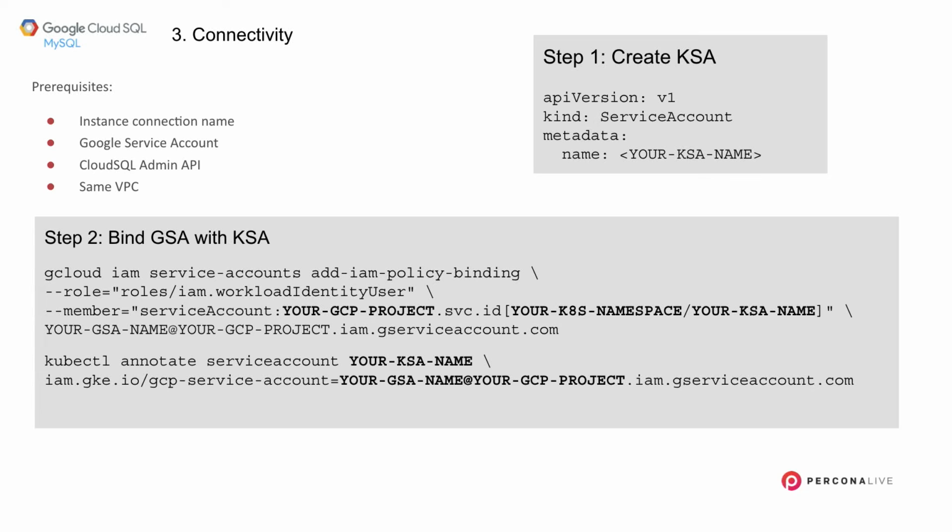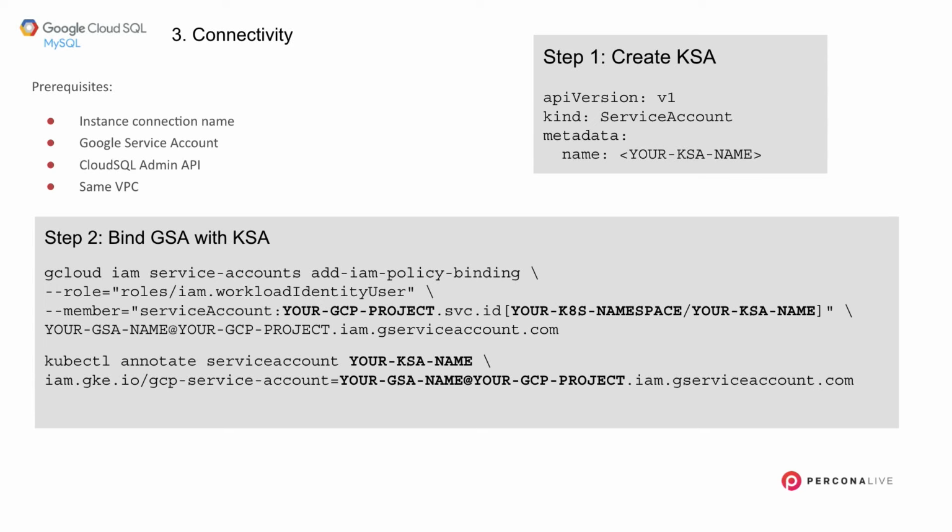How do you set that up? I don't expect you to read the details of this, but I just want to let you know how it works. In Google Cloud, you have Google service accounts where you assign privileges to manage permissions. Kubernetes, on the other hand, has another concept, also service accounts, but these service accounts within a Kubernetes cluster are separate from Google Cloud service accounts. So you need to create your service account in Kubernetes for your application, and then through the Google API, you bind the Google service account with the Kubernetes service account.